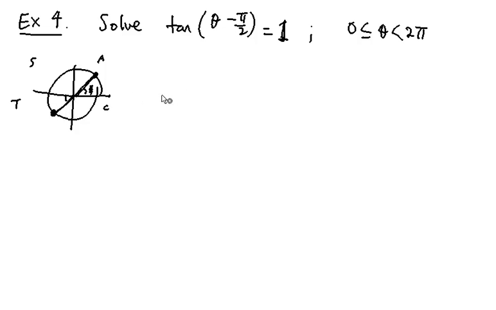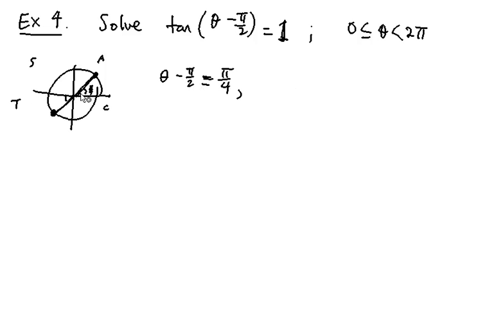So it's going to be really theta minus pi over 2. That angle must be equal to pi over 4, or, and I'm going to go ahead and write on a second line here just to save some space, and you can do this as well. Okay, but really it's two equations combined into one. Theta minus pi over 2 equals pi over 4, or